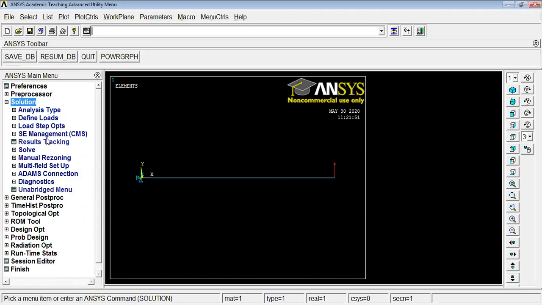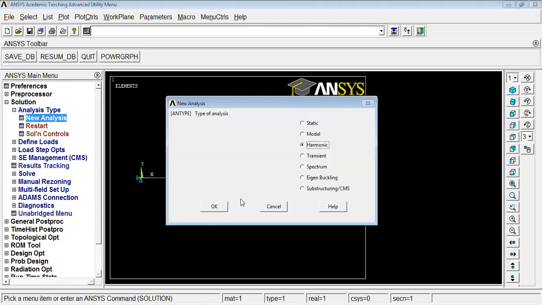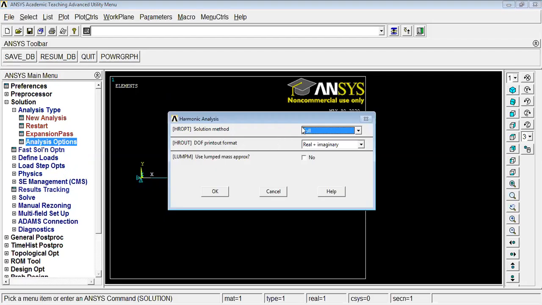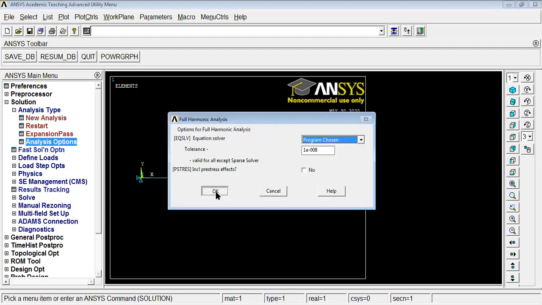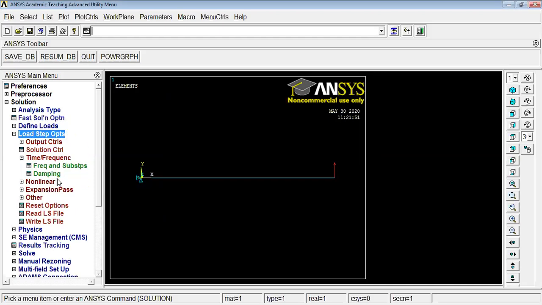solution. So here the analysis type, it is a new analysis which is a harmonic analysis, say OK. Then analysis options, here you need to click OK 2 times. Next the load step options, so time or frequency and substeps.